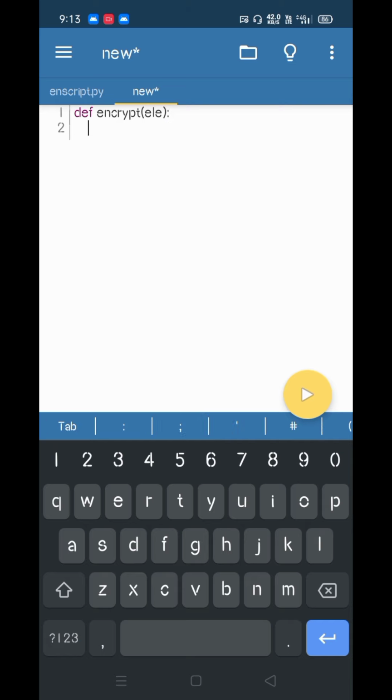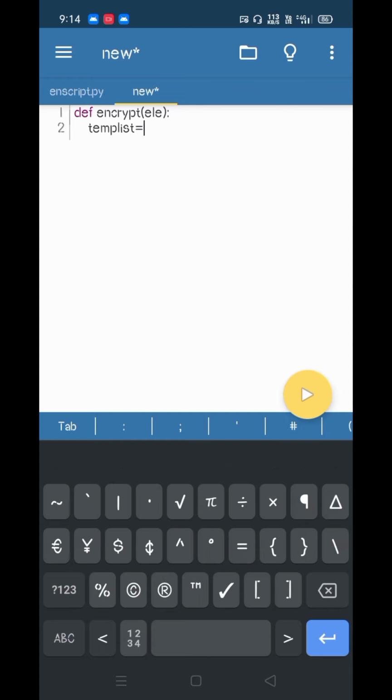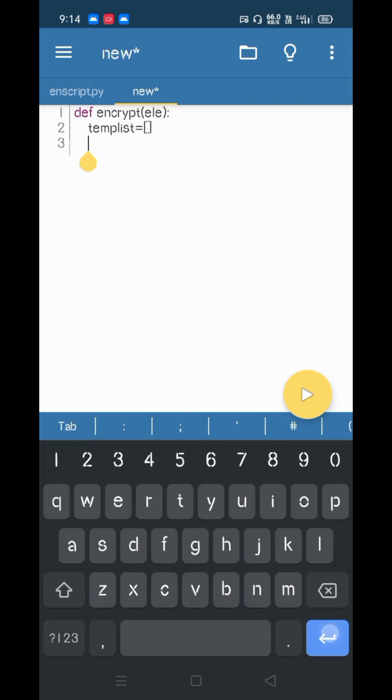Now first we have to traverse through the element, so I am using a for loop. Before that we will create a temporary list to store the ASCII codes of this. Temp list is equal to an empty list.